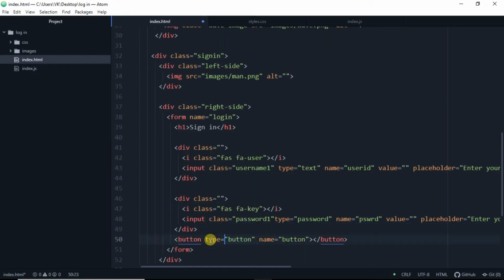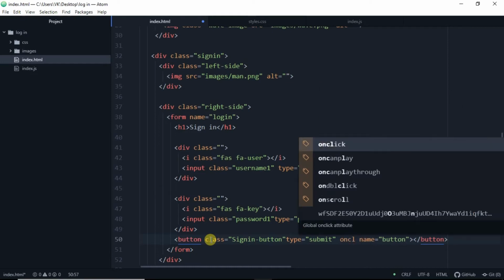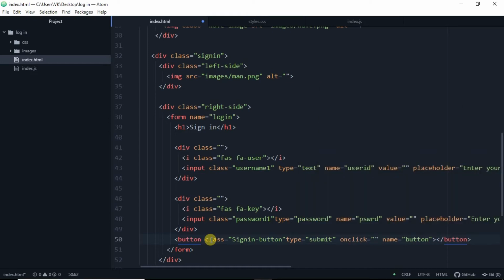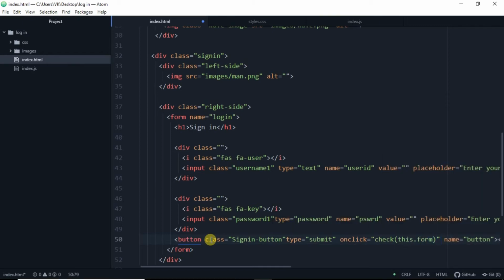Below that we'll make a new button, that is submit. Class will be sign in button and the type will be submit. And on click, it's not basically a function, it's an action behavior. On click, check this dot form.